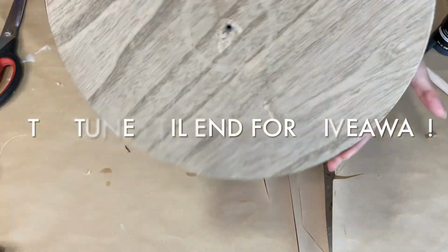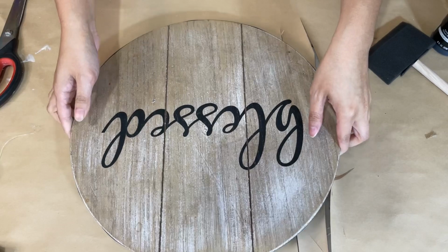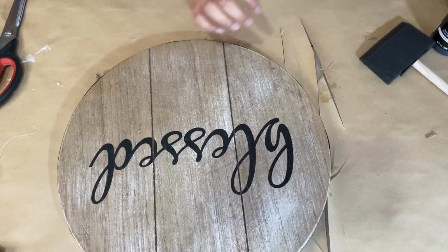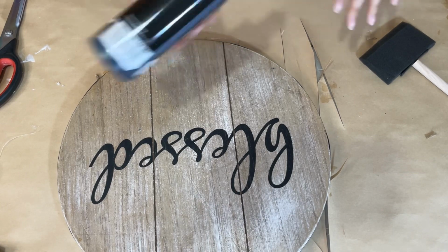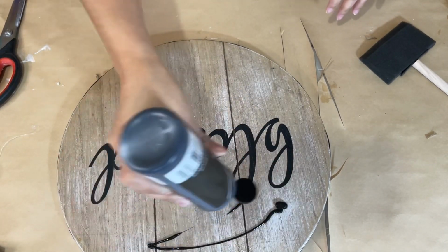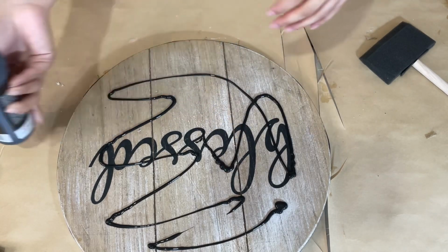So we're going to start off with this big wood round circle. This looks like it was a tabletop because it has a screw on the back of it. So what I'm going to do is upcycle it to make it a mini plant stand because I thought that would be really cute. And this is a nice solid wood